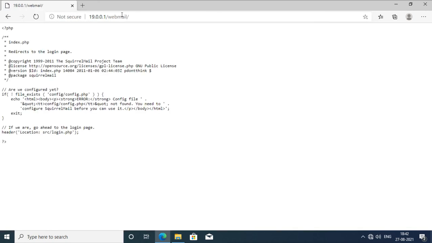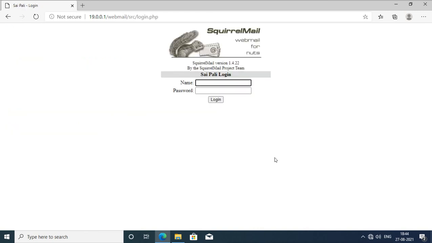Okay, there is some problem. We saw the error because the PHP packages were not installed on the server. I forgot to install the PHP packages. So you have to install the PHP packages on the web server, so it will enable the PHP support, because remember SquirrelMail is written in PHP. Now this is the icon image here. We can also change this. We have changed the name here, but we can change all of these things according to our organization. Now for the user, you will give the name here and the password here to log in.